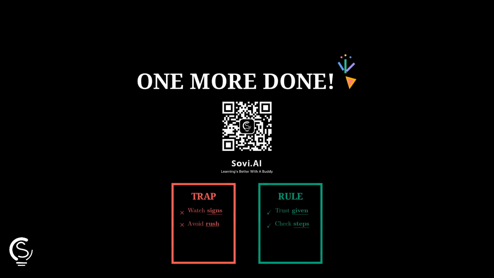Well done. Scan now. Trap: rushing signs. Rule: trust the given setup and check each surplus effect before choosing, since collusion cuts output and causes